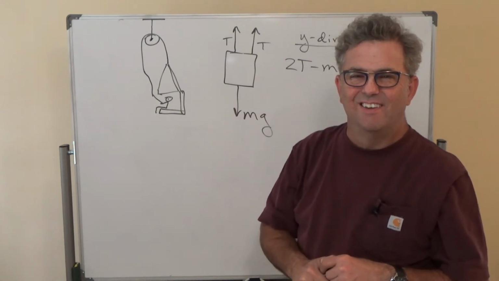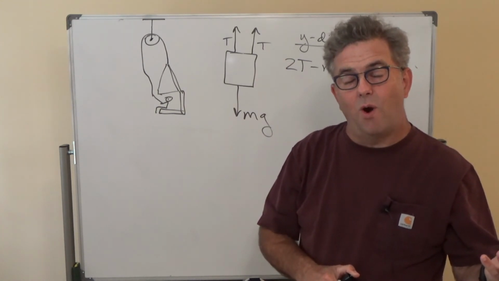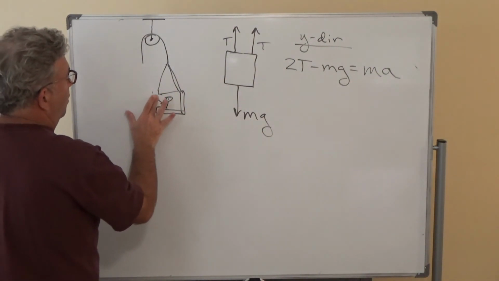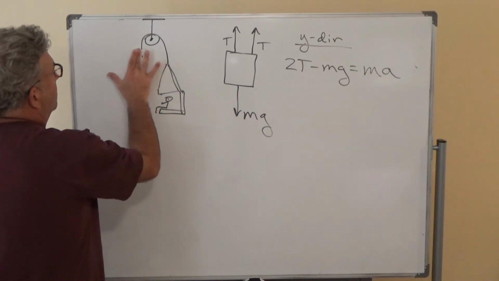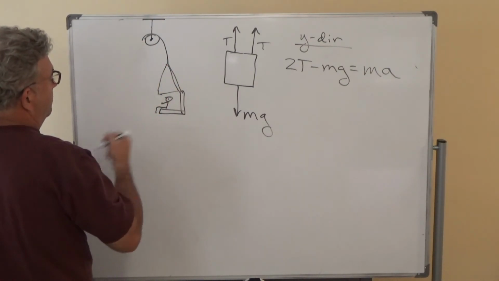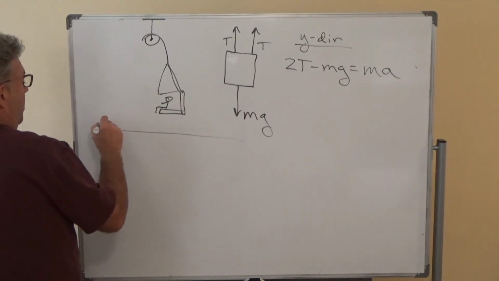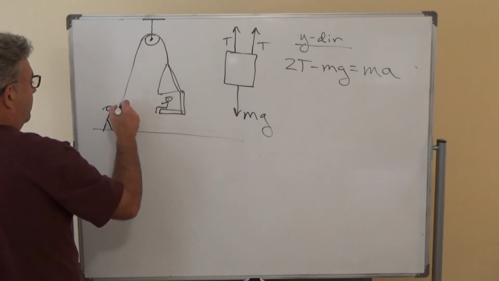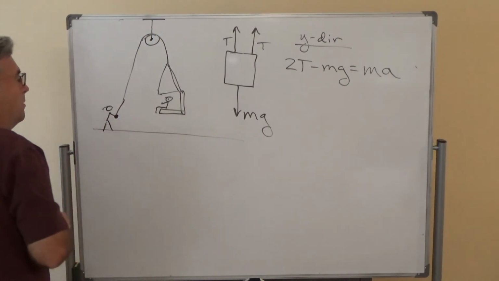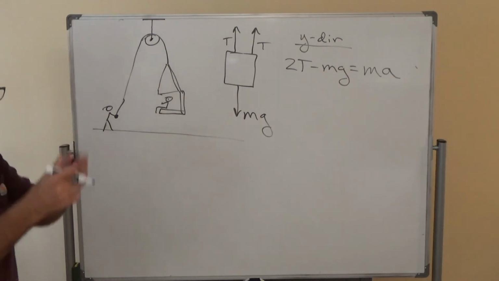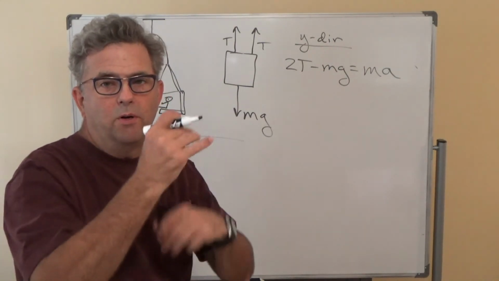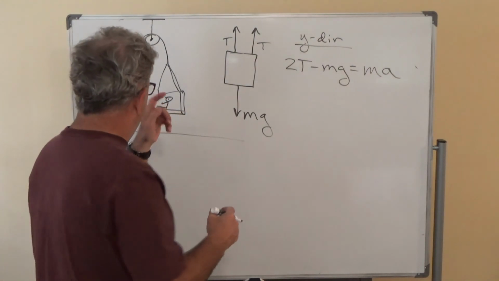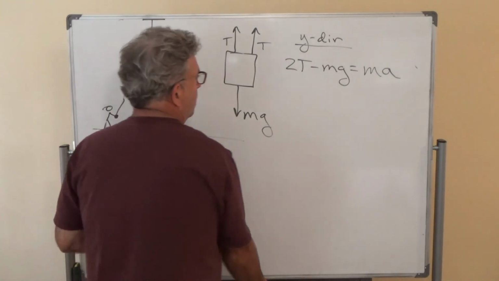Okay? All right. Now Nick is no longer holding the rope, okay? He's got a friend on the ground that's helping him. And the friend is holding the rope. So the friend is raising the person up in the chair. What's the force on the chair now? In this situation, okay,